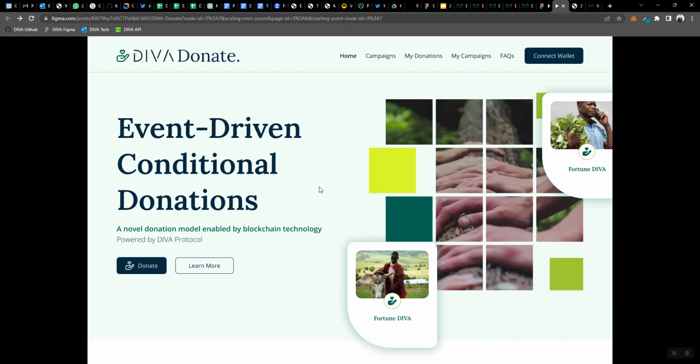Say, if a metric that measures drought falls below a certain threshold. So there's actually one concrete pilot campaign that we're currently working on with Fortune Connect and Shamba Network in Kenya to hand out conditional donations to 100 farmers in Kenya worth a total of 15K to assist them basically if there is drought.